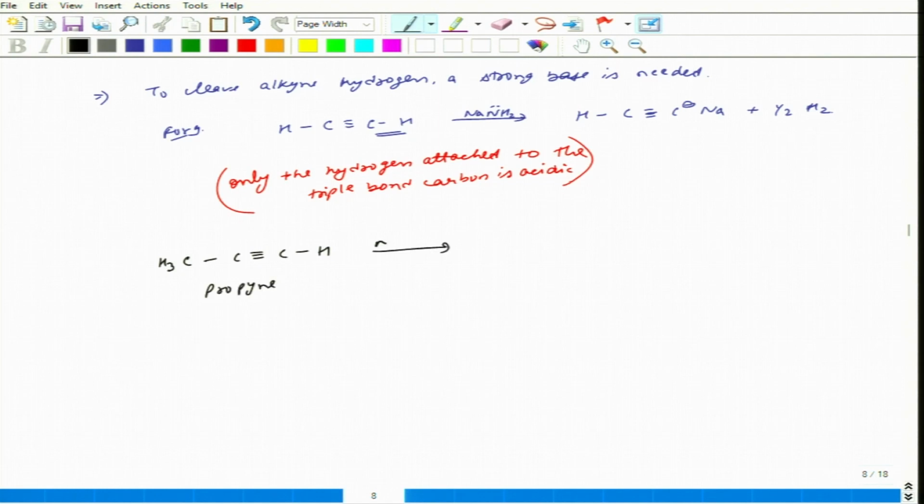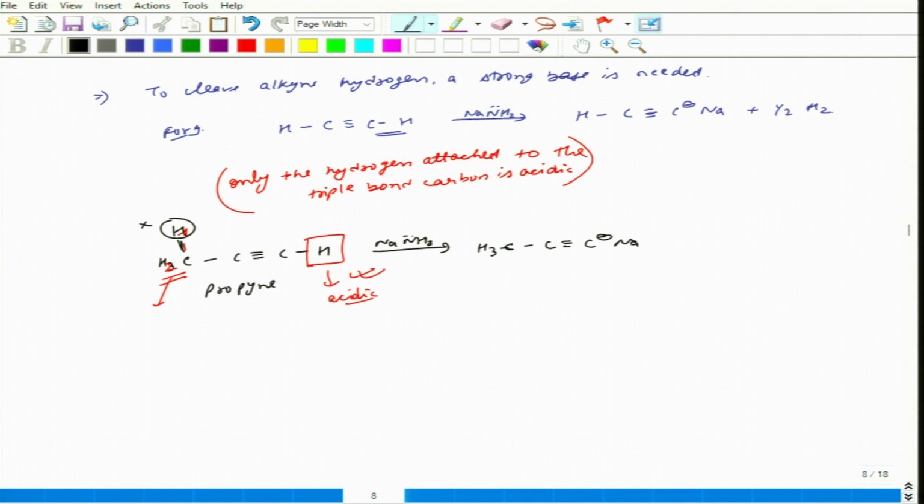What happens if I react it with sodamide? This proton is acidic and will be abstracted, not this one. This proton is not acidic, this proton is acidic, the one directly attached to the triple bond carbon,